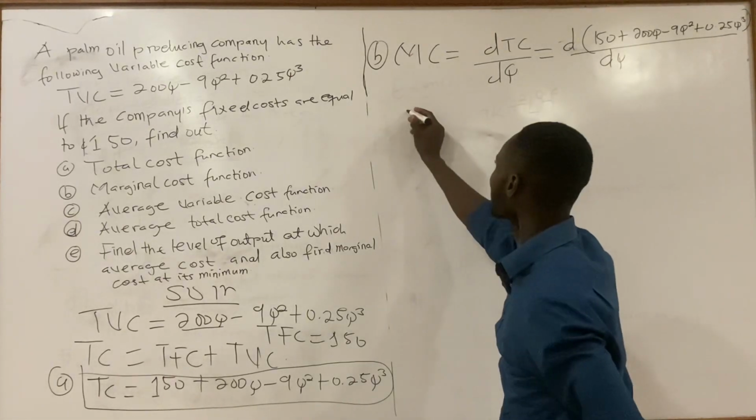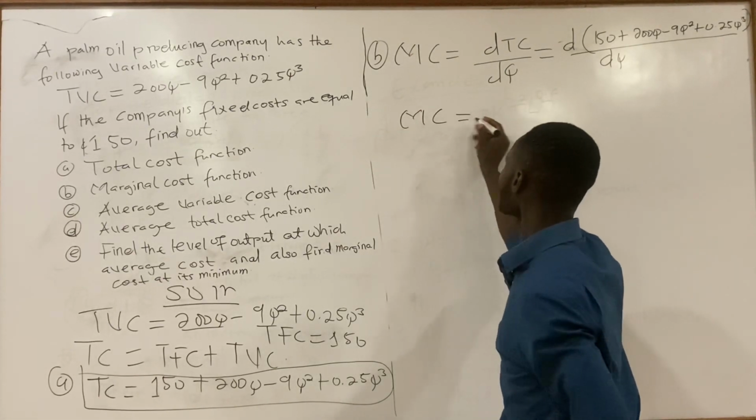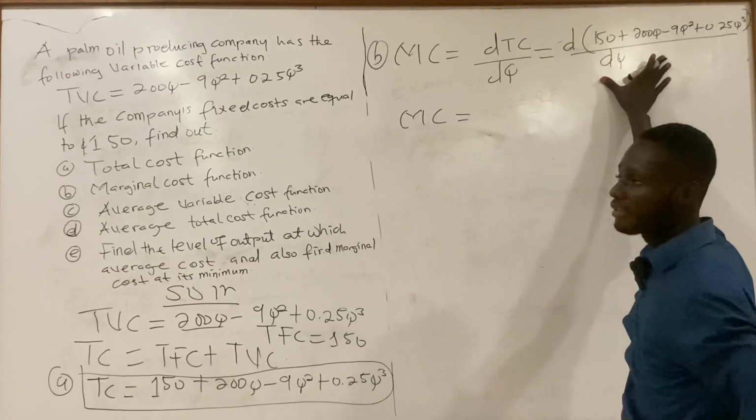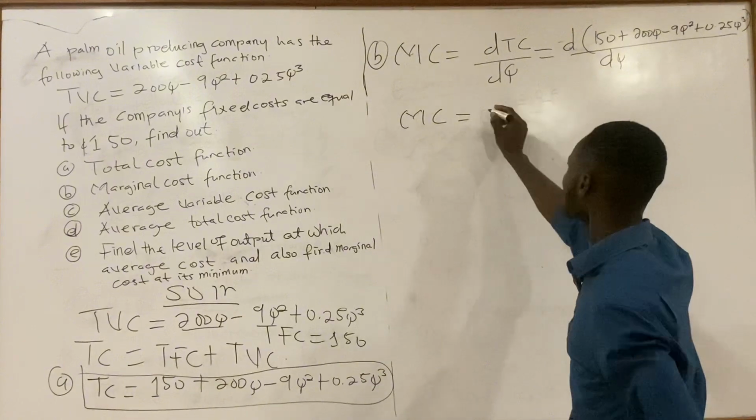So from here we can see that our marginal cost function is given as the differential of the total cost function, and this gives us 200